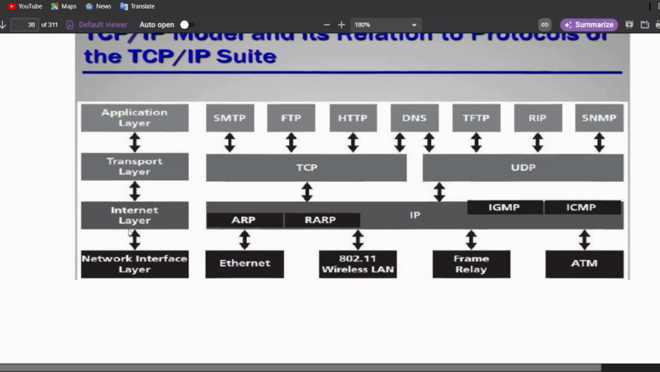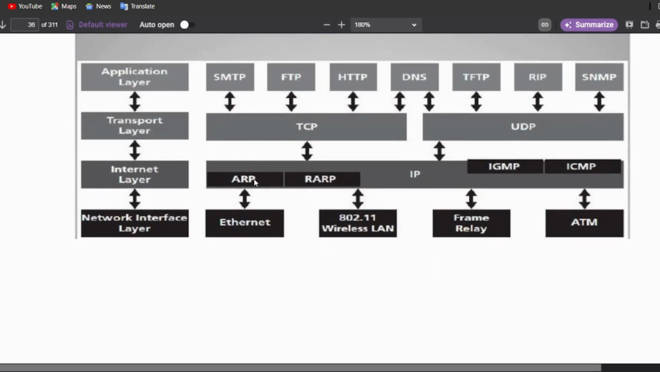Now we have the network layer. At the network layer we have ARP, RARP, IP address, IGMP, ICMP, all of which we will learn later in detail. Here we have the network interface layer, which is connected to Ethernet, where each Ethernet has its specifications, and wireless connections. So